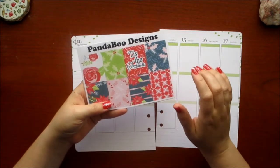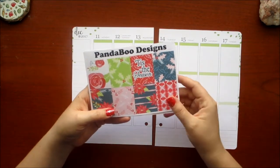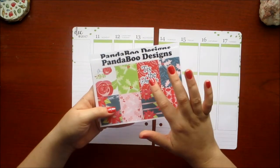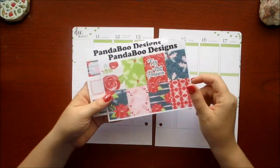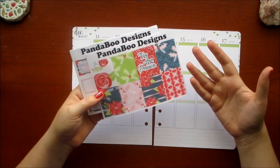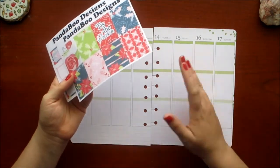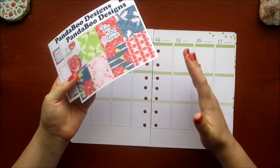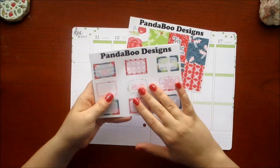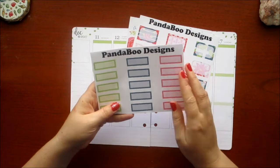And this is actually my first time, I think, doing a weekly spread with my kits, so I'm excited about that. But this is the 'Tis the Season collection, so you have your full boxes with your quote, and currently these are only available in a vertical Erin Condren size. You can make them work in a classic size Happy Planner if that's what you were planning in, but currently I don't have one of those on hand, so I am designing for the Erin Condren because that's what I have. Okay, so full boxes, then your half boxes, which are patterned, your quarter boxes, which are solid colors,